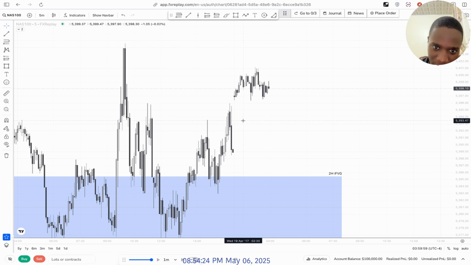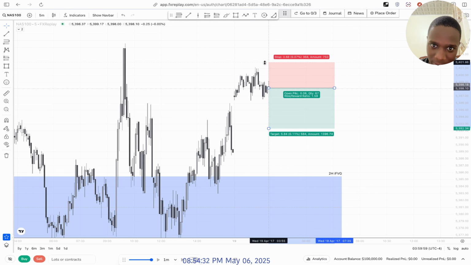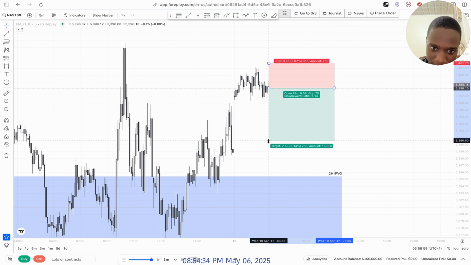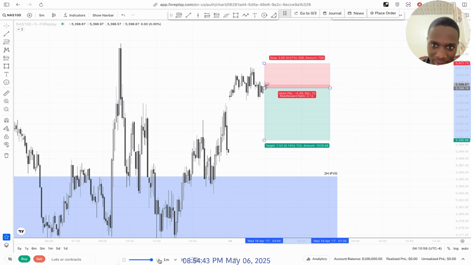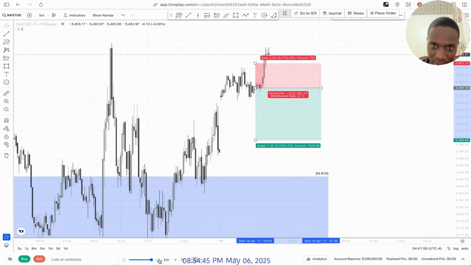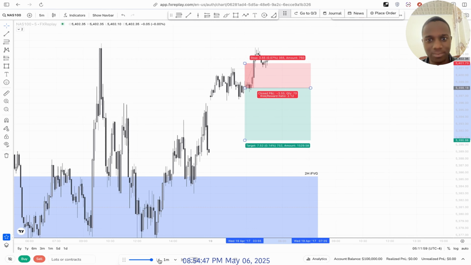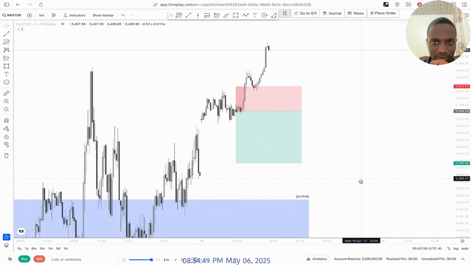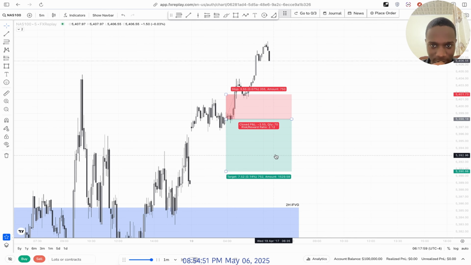So the midpoint is somewhere here, and this is the lowest point it got. So good scalp. Let's see. London session, don't disappoint above the high. Close somewhere right here. Let's put it somewhere right here on this fair value gap. Now let's play it and see. So, quick stop out, but let's wait for